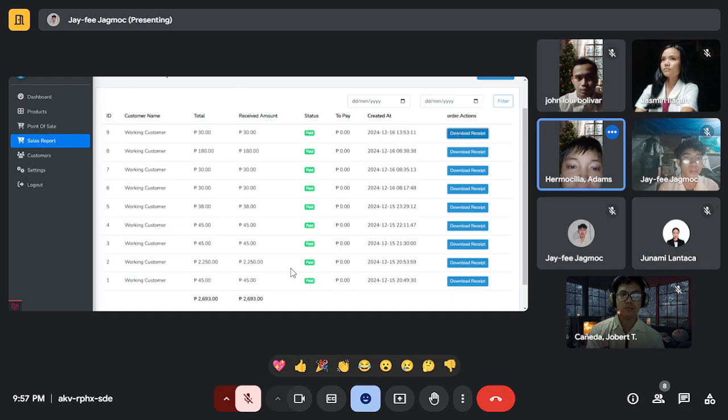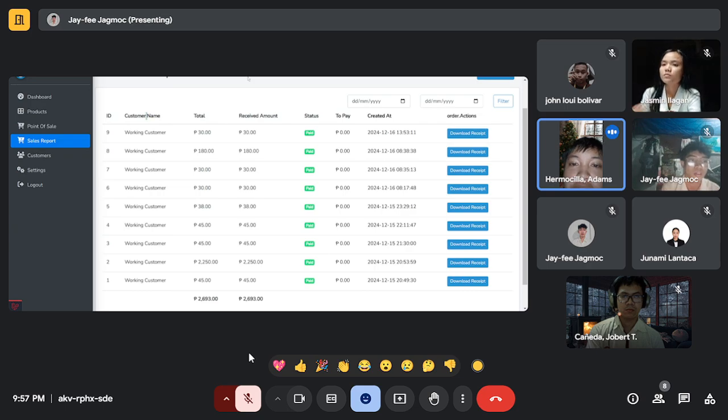Click the button. So fourth is verify that the receipt is downloaded in the correct file format or PDF with accurate details. So check it. Fifth is open the downloaded receipt to confirm. So the expected outcome of this is receipt was successfully downloaded as a PDF. And the actual outcome is receipt was successfully downloaded as a PDF.